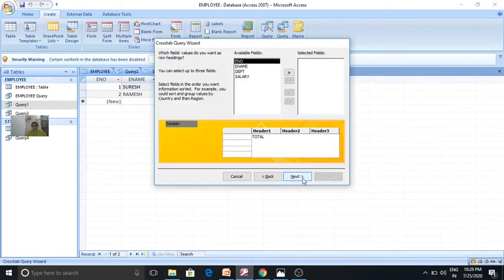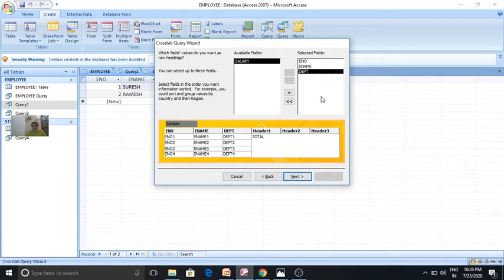Press next, then the same thing, you have to add the available fields in the table to the selected fields. Then click on the next button.